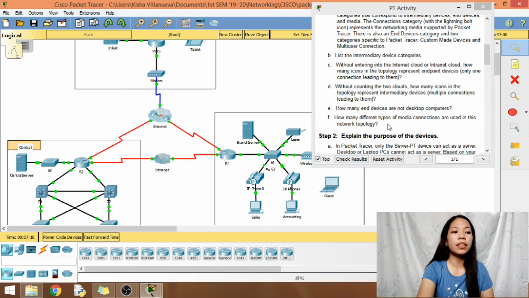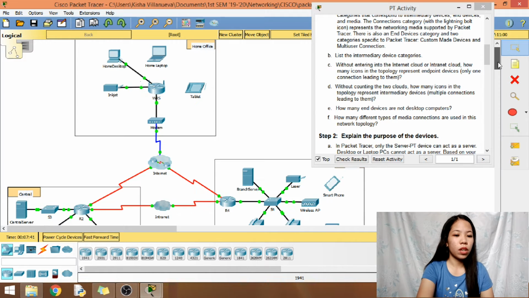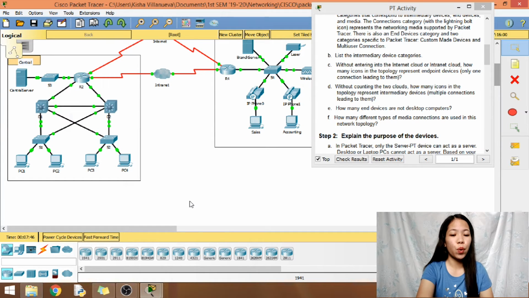So how many different types of media connections are used in this network topology? So there are 4 different types of media that are used in this Packet Tracer activity, in this network topology. So these are the LANs and the WANs that are used. So next is